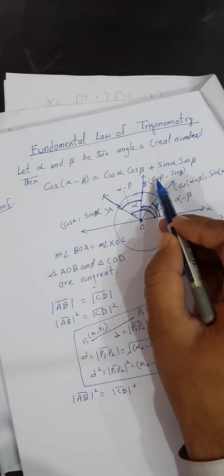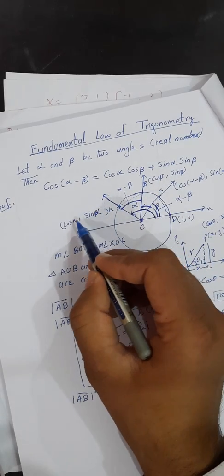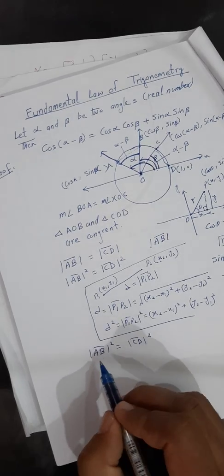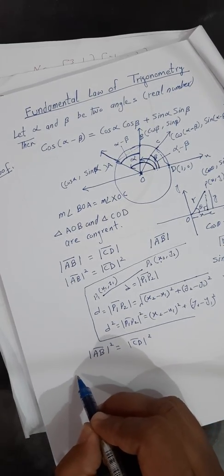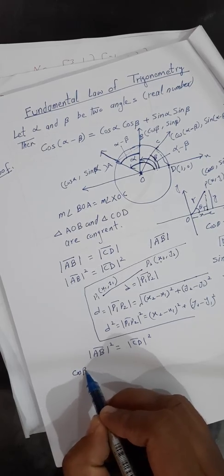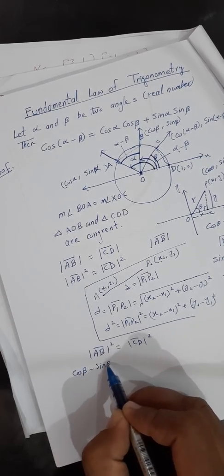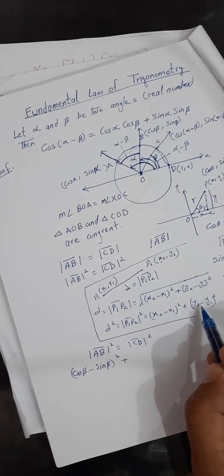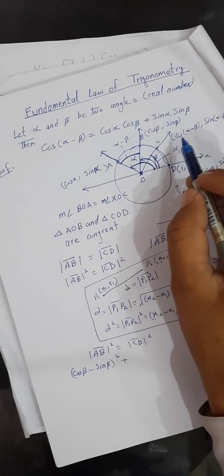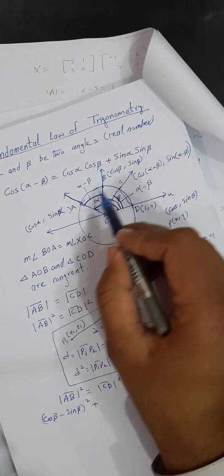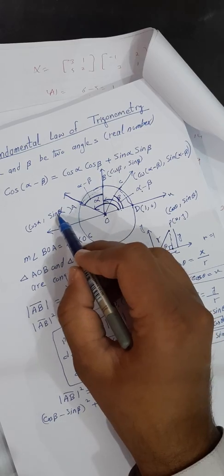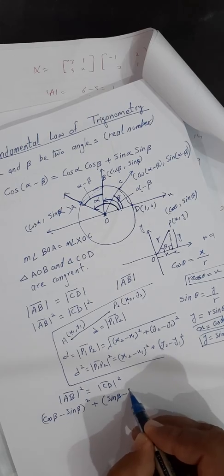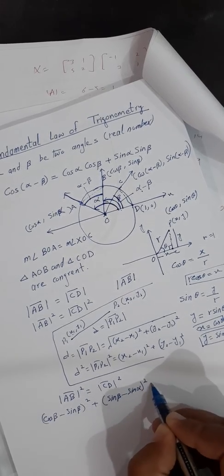What is the x coordinate of this point B? This is cos beta. And what is the x coordinate of this point A? This is cos alpha. Therefore, when we substitute this value, we write cos beta minus cos alpha whole square plus difference of y coordinates. What is the y coordinate of point B? This is sin beta, and y coordinate of point A is sin alpha, plus sin beta minus sin alpha whole square. This is equal to